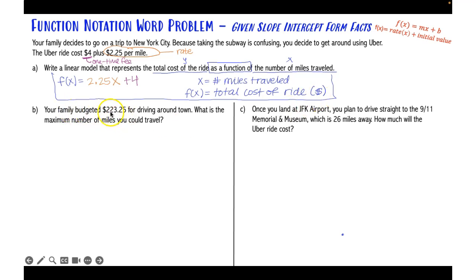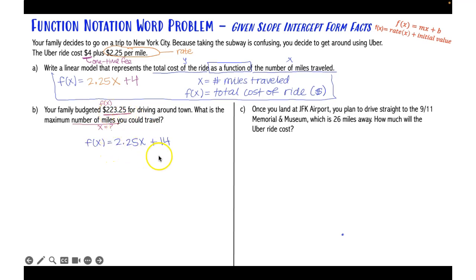Your family budgeted $223.25 for driving around town. What is the maximum number of miles you could travel? After you're done reading a problem, go back and ask yourself, what two facts did they give you? Well, money. Money is associated with our f of x variable, and number of miles traveling, number of miles is your x variable. So we're trying to solve for x when we know our y value is